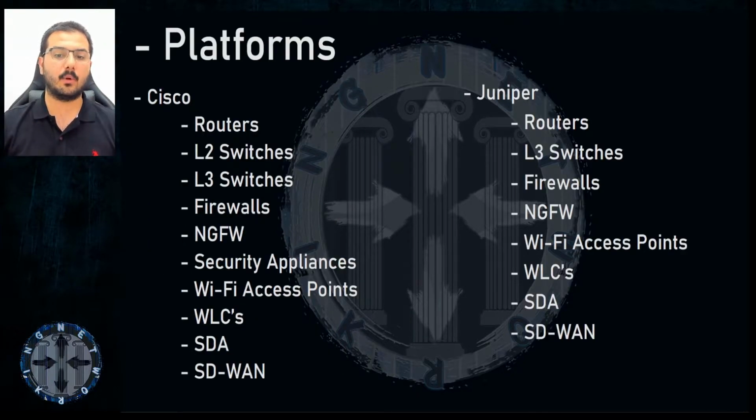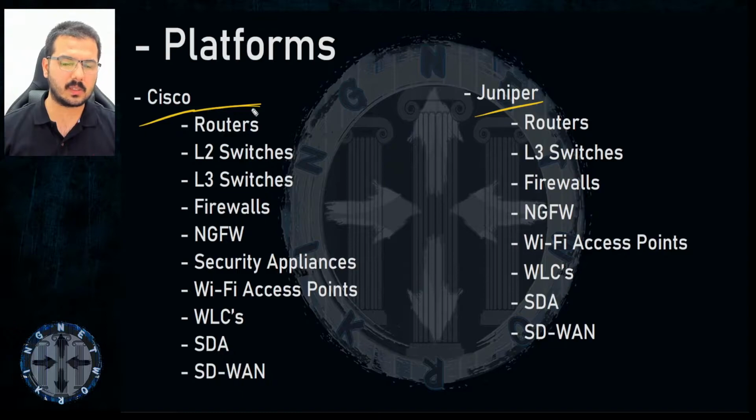Okay, number one, these two companies: the first is Cisco Systems, the other is Juniper Networks. For simplicity, I will only call them Cisco and Juniper today, without the words Systems or Networks. Number one, what do they provide? What do they manufacture? Devices, something physical, appliances that I can purchase from them. Routers, do they? They do. Cisco provides routers, as well as Juniper.